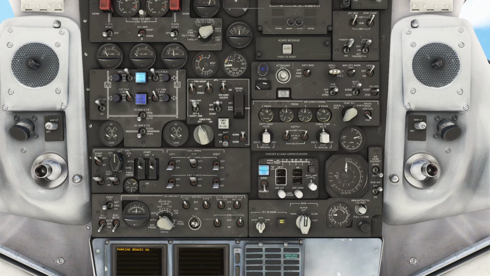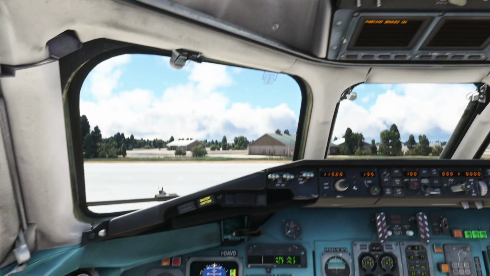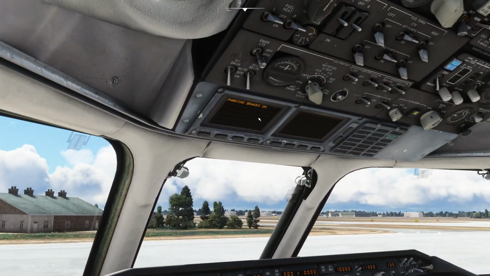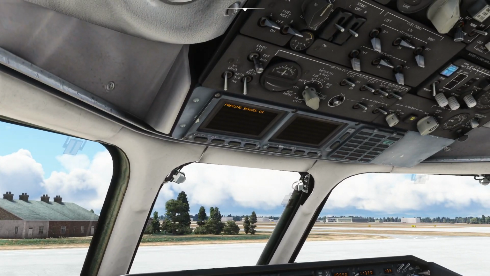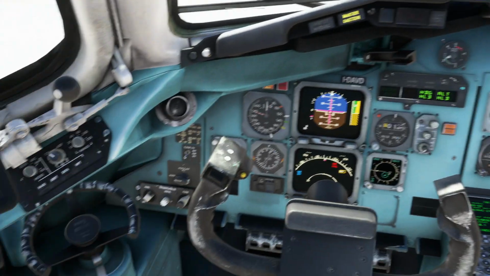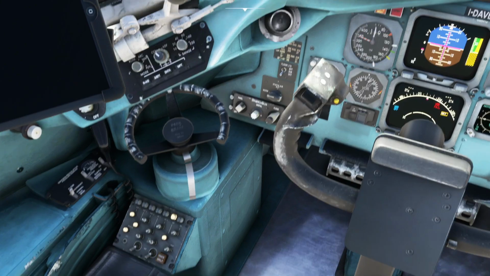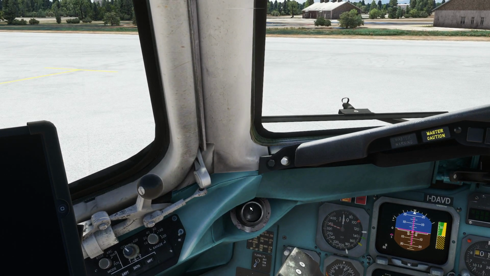So that's all done, and we are basically now at this point ready to taxi. If we go and look on the screens, we should find the only warning we have listed anymore is the parking brakes are on. To release the parking brakes, we push the plunger on the tiller for the parking brake. So there's the tiller which steers the aircraft. If we push that and release parking brake on my controller as well,